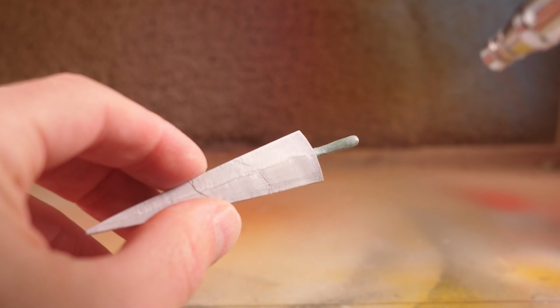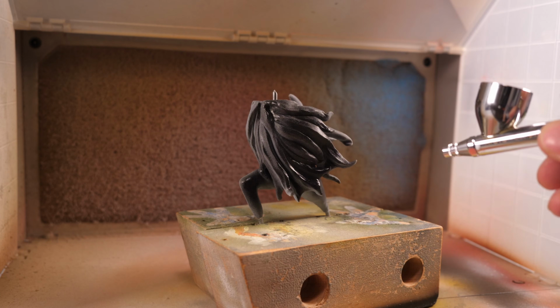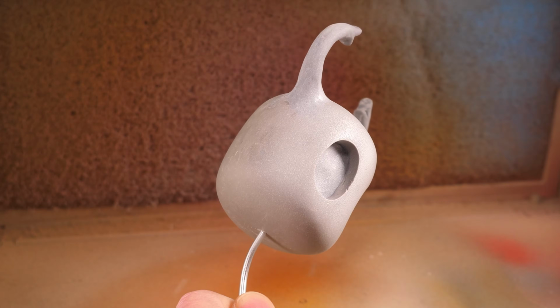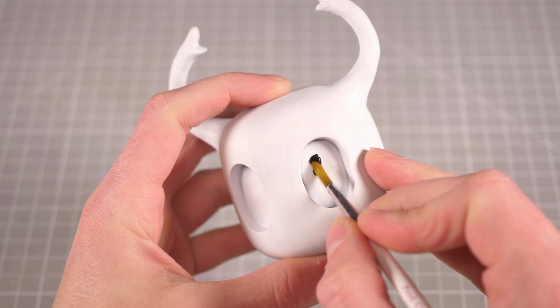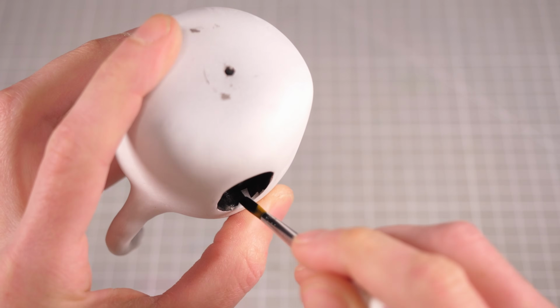I figured the airbrush would make short work of the majority of the work, especially since there's really only two main colors, black and white. Technically, black and white aren't colors. Regardless, most of the body is black and most of the head is white, so I prime both with their respective shades. Then the head will get its eye sockets painted black, trying my absolute damnedest not to accidentally paint outside the sockets,